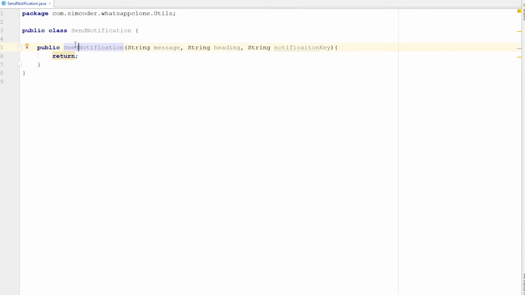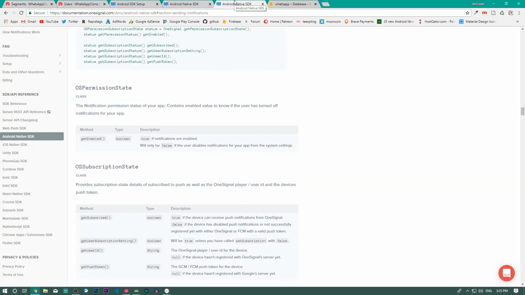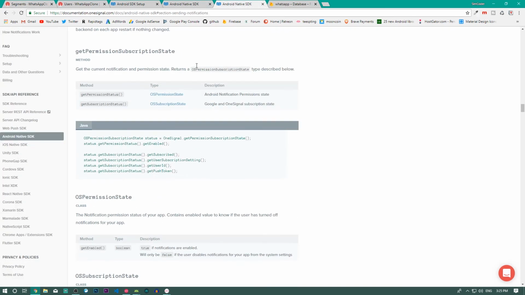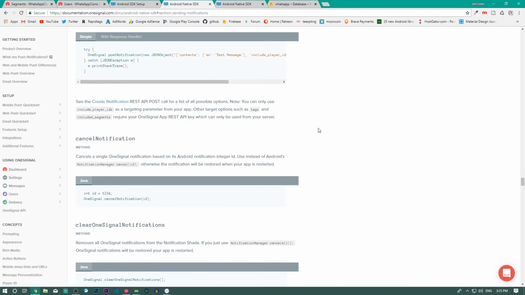Oops, and I forgot it starts with a capital S, so that's where the problem is. Okay, and now we can try to send a message. Okay, we are notification, there's a misspelled word. Okay, and now the way you send messages is you can again go into the documentation,